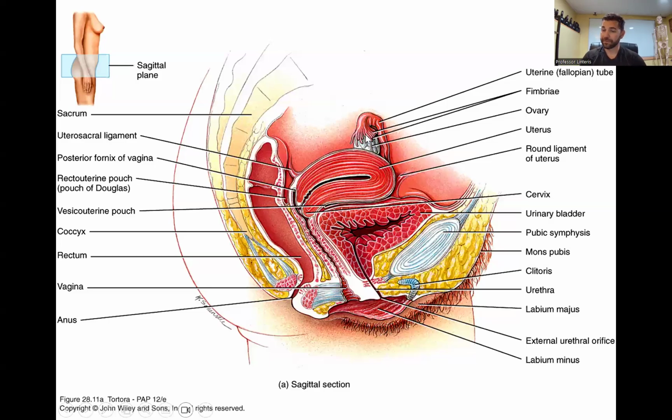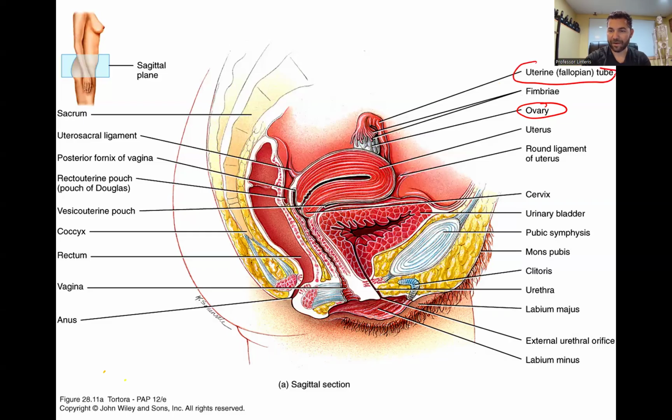at some of the structures of the female reproductive system. First off, let's start where everything begins, and that is with the ovary. The ovary is that little structure in there. We have two. And the ovary is where the egg development is taking place, the ovulation takes place. Once that egg ovulates out, once per month,